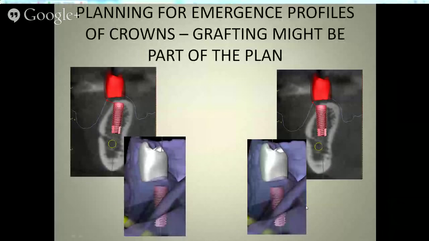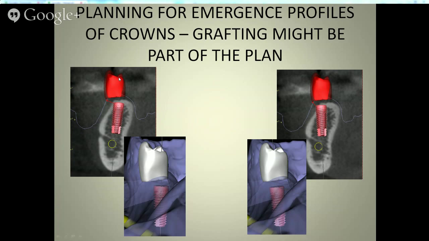So now, this happens in the posterior more often than it happens in the anterior. And I see this a lot in the posterior because we get a lot of ridge atrophy on the buccal side of the arch. And we have a lot of situations where the teeth overhang the arch on the buccal, and you can create concavities at the gum line. So these pictures here demonstrate that pretty graphically, where